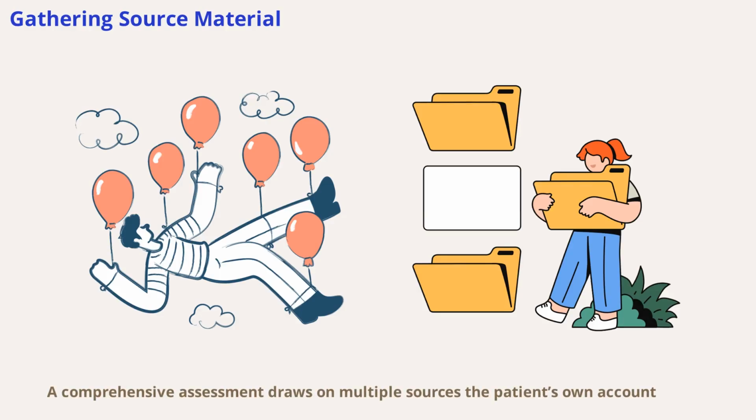Comprehensive assessment draws on multiple sources: the patient's own account, family input, medical and non-medical records, and observations of daily functioning. Six key parameters are considered: self-care, social activities, travel, relationships, concentration, and employability. Consistency across sources is important. Discrepancies may signal unreliable self-reporting or recording errors. The examiner must reconcile any inconsistencies and fill in gaps in the history.